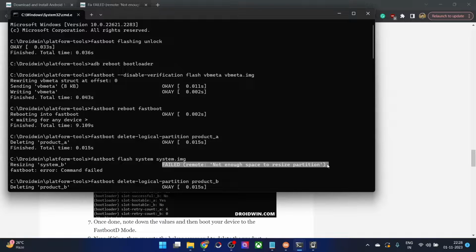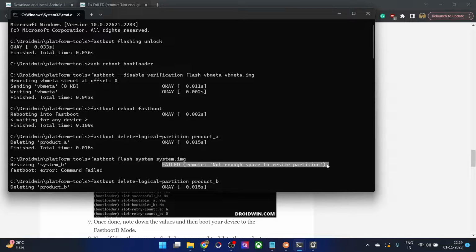For instance, the system partition on your phone could be 2 GB, but a GSI file could be 3 GB, because the GSI file is just generic for all Android phones, and it has not taken into consideration the partition size of your phone. So if the system partition on your phone is smaller than the GSI file, then you will get this error message.